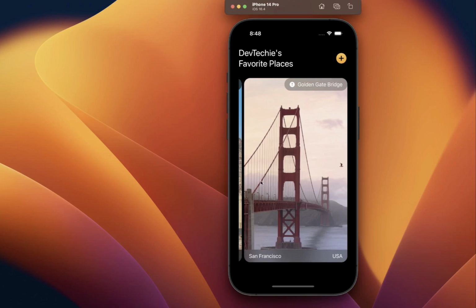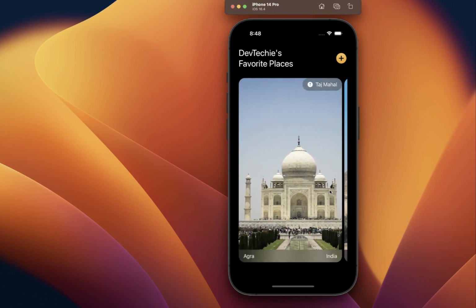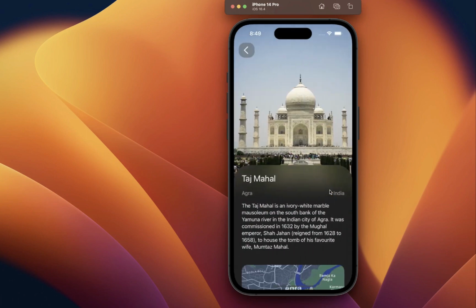the favorite places for devtechie.com, and once you tap on one of these, you go into the detail view. Under the detail view, you get the same image that appears as a background, and then you have a detail section right at the bottom, which is scrollable, essentially telling you what this place is, where it is, and a little bit about the place. Now these notes, although I've copied them from Wikipedia, the intent for the app is to capture your own notes about a place that you liked, and save that for your memories. If you want to revisit them, what did you like, what did you not like,